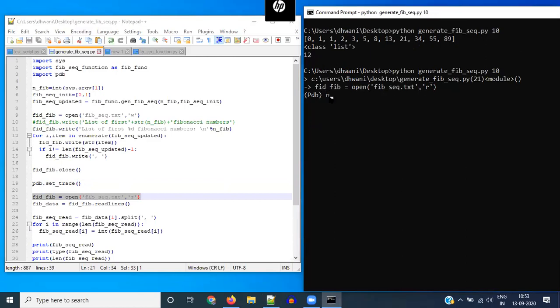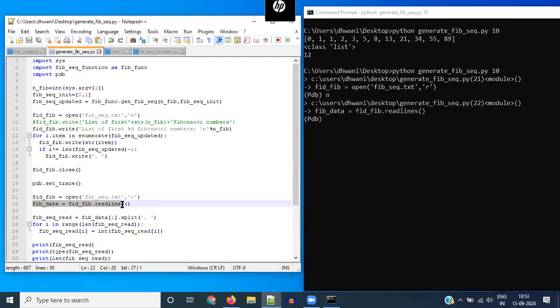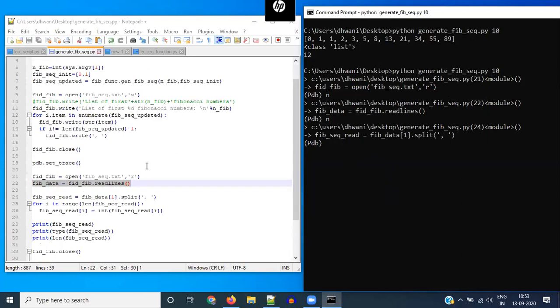If you type n and hit enter, it will just execute that one line and go to the next step. So the next step is fib_data, fib.readlines. The line that's displayed here is what the program is ready to run. If you hit n, it executes that line. Now this can be useful if, for example, you want to inspect some variable.